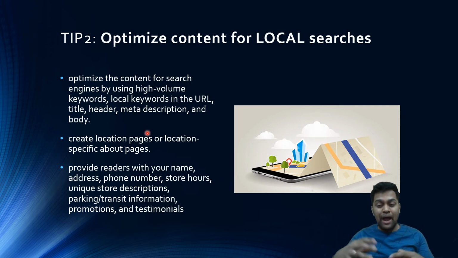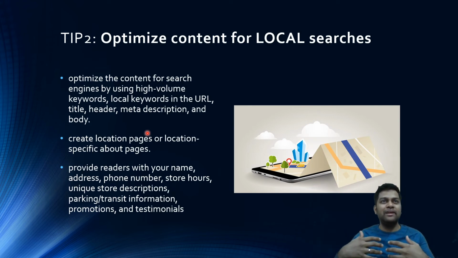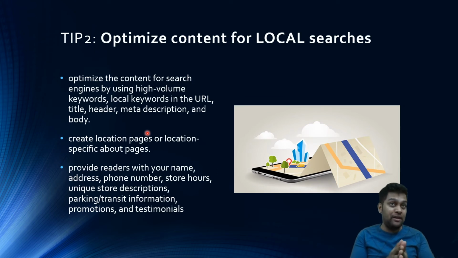Now, to add more flavor to it, you can share details about the employees working in that location, photos of that location, reviews from that specific location. You can embed that Google My Business knowledge graph on that page, or a map on that page. There are so many ways you can customize it, but the point here is creating a location specific about page